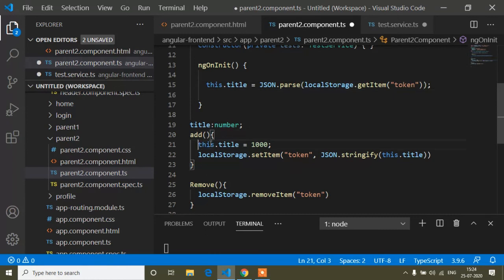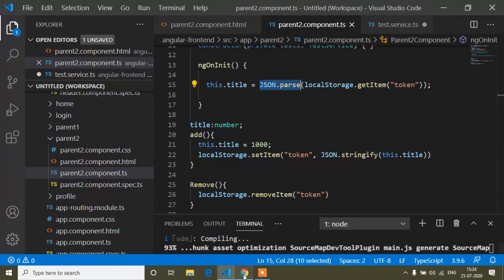That means when we store the number value, we convert it using JSON.stringify, that means string format. And when we store the number as JSON.stringify format, when we get it, we have to convert the string to a number also. So we use JSON.parse. So now everything is okay.